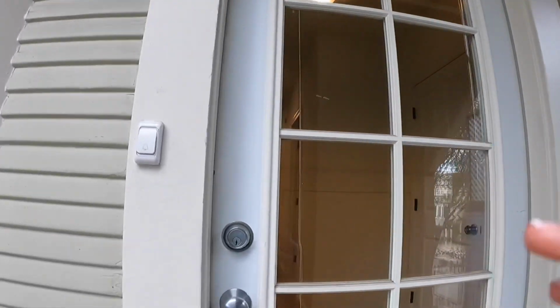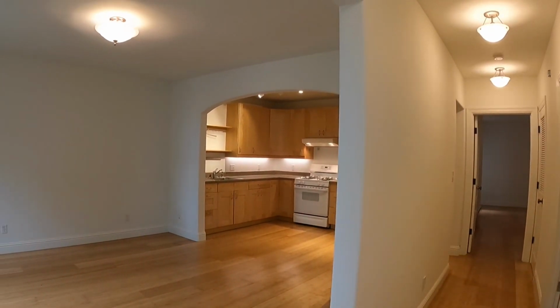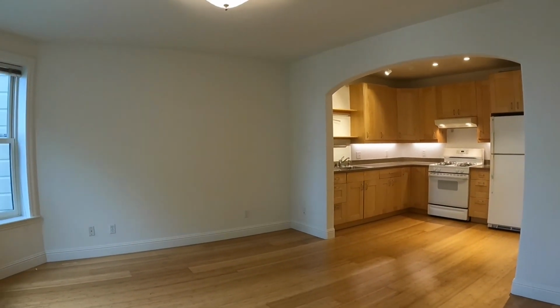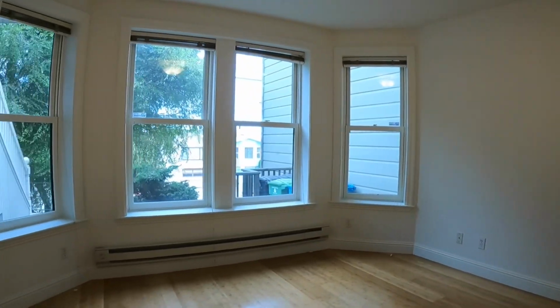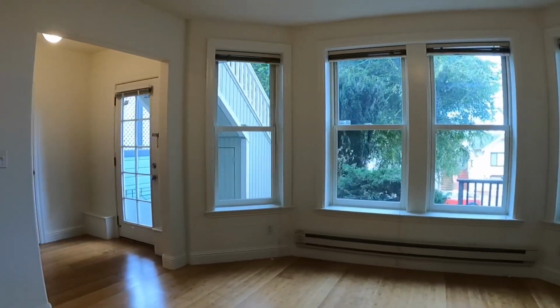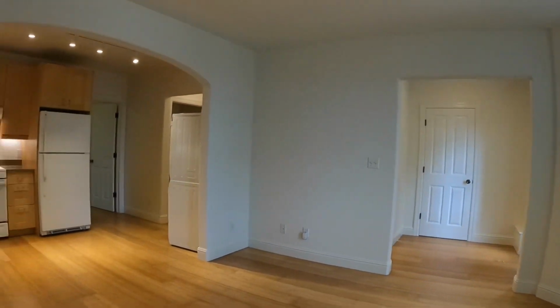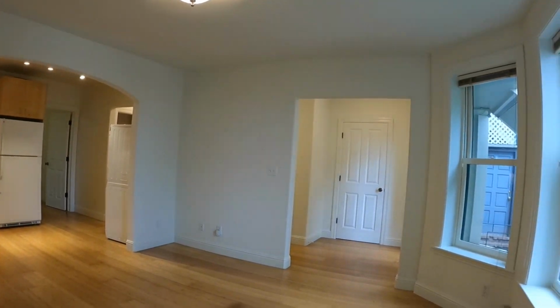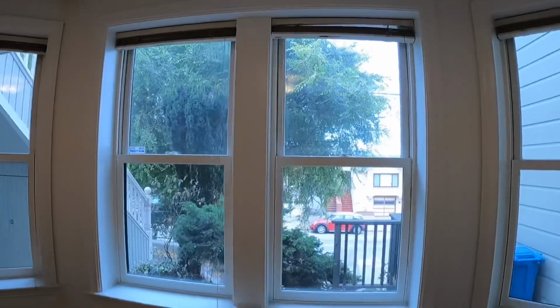And here we are, 932 Castro. You walk into this amazing space. The living room is off to the left here. It is open to a beautiful kitchen. Nice wood floors throughout. You have baseboard heating. Here's the front. And there you go. Behind that door there to the right is a nice little closet. Here's looking at the